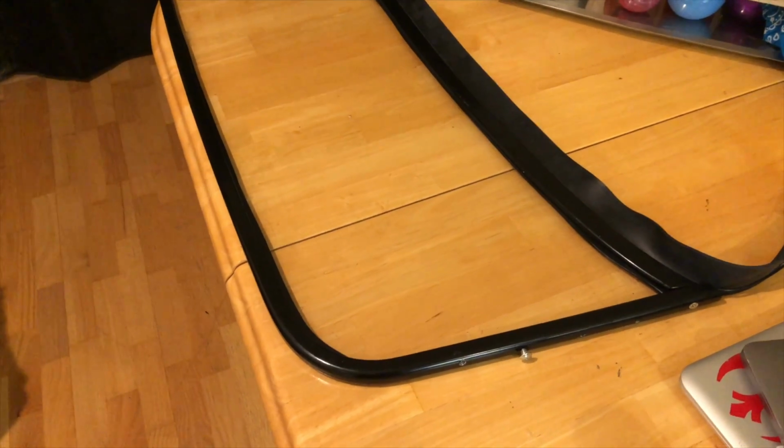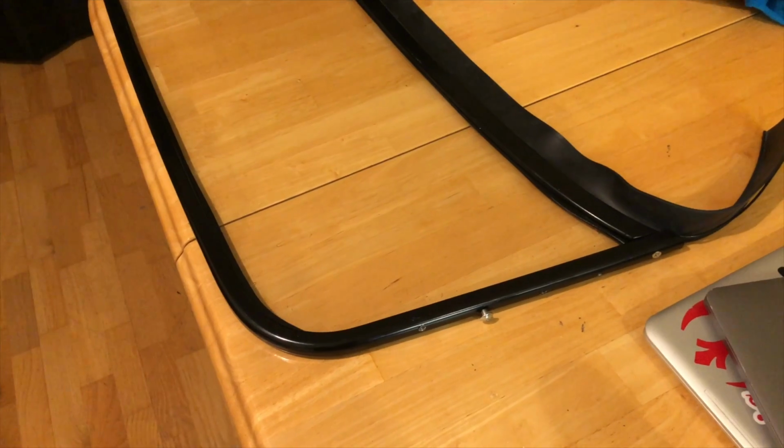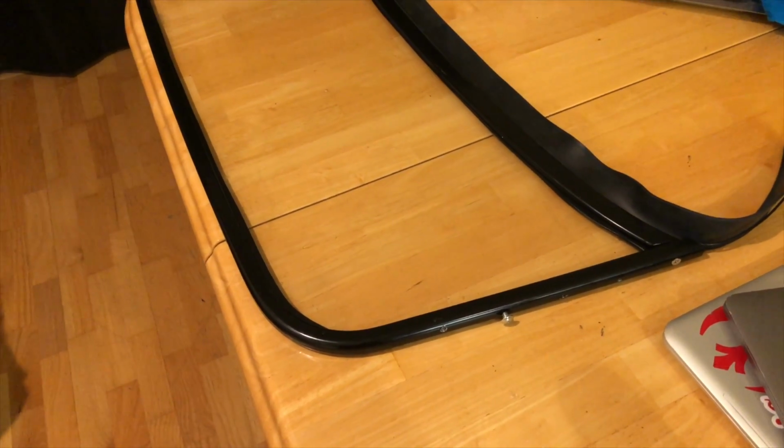Alright, glass is in the frame, trim is in the rail. Next thing I gotta do is shorten up some screws a little bit, just so I can make sure that they're not gonna chip and break the new pane of glass. If I were a smart man, when the glass was out of the frame, I would have sent a tap through all the holes. As it is, might take the frame apart and do that,